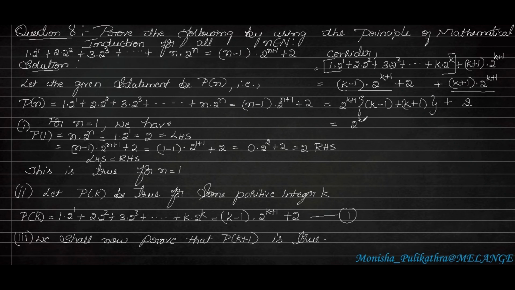So here it will become 2 to the power of k plus 1, here k minus 1 plus k plus 1 plus 2. Here plus 1 and minus 1 get cancelled. So remaining is 2 to the power of k plus 1 into k plus k is 2k. So here it is 2 to the power of 1 and k to the power of 1 plus 2. Here since 2 to the power of 1 is there, so I can take this k separately because everything is in a multiplication form. So I will be taking k separately.